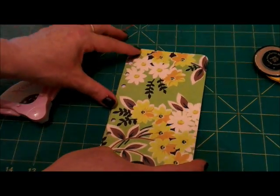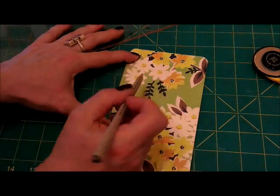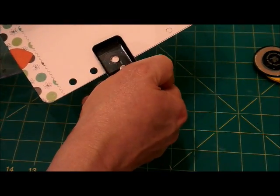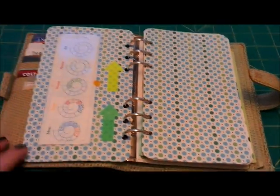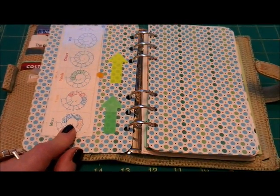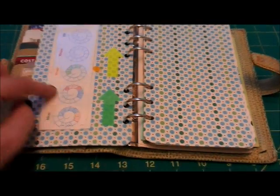Just take my template here, find the elusive pencil. Here's my front page that I was using as the template for cutting everything else, and here's, I've just cut actually from a tiny bit of plastic, not a Martha Stewart this time, but just a cellophane wrapper for wrapping gift cards, for when I used to do gift cards. And I just cut a slip and I stuck it on the back here,